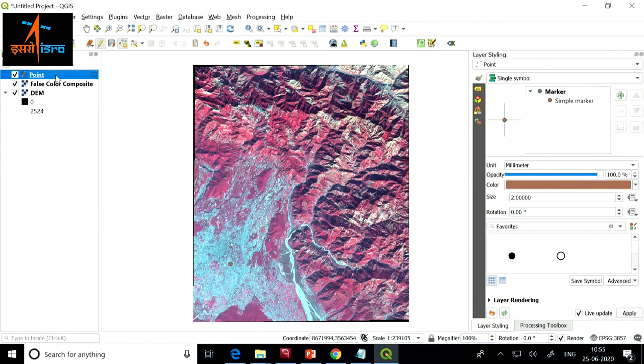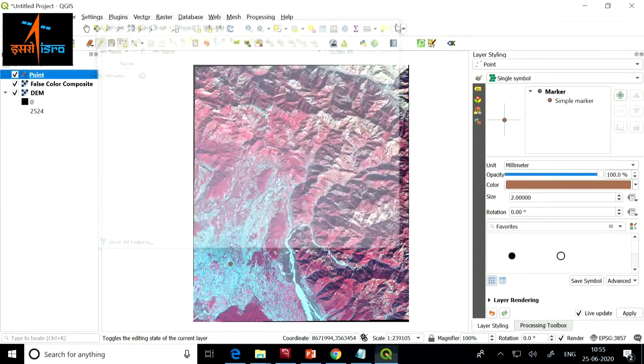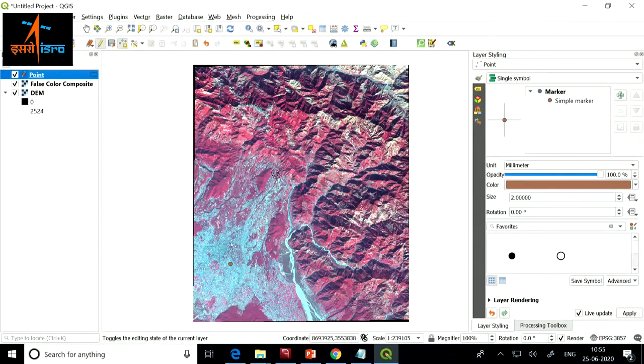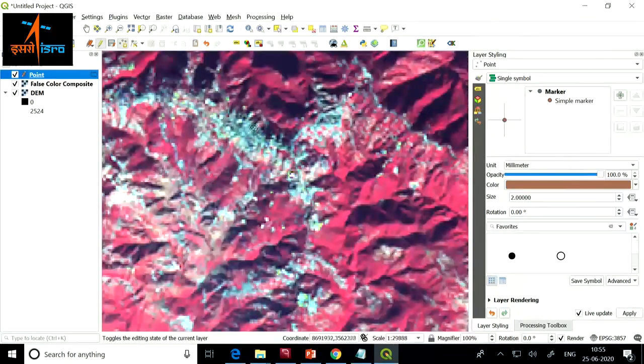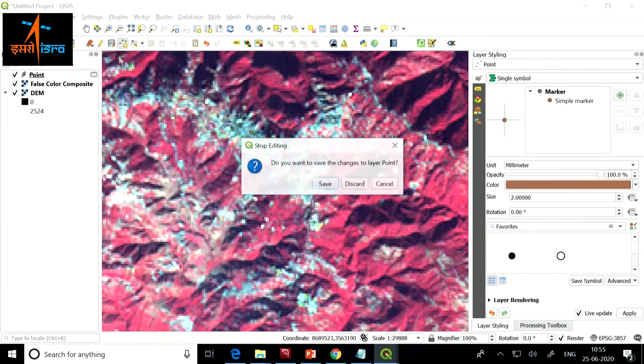So for the point that I just digitized, I want to give it the name Dehradun, and I want to add another point. I think this is Mussoorie. So I'll click there and I will give the name Mussoorie. Okay, now let me stop digitizing.